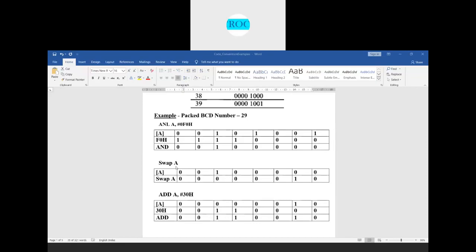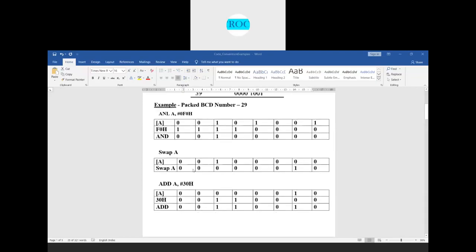In the sense, whatever we have in the lower nibble will be copied to the higher nibble, and whatever content we have in the higher nibble will be copied into the lower nibble. Before that, in the upper nibble we have 0010. After SWAP A, the lower nibble has 2 and the higher nibble has 0. So what is the content of the accumulator after the SWAP A instruction? A is having 02 now.